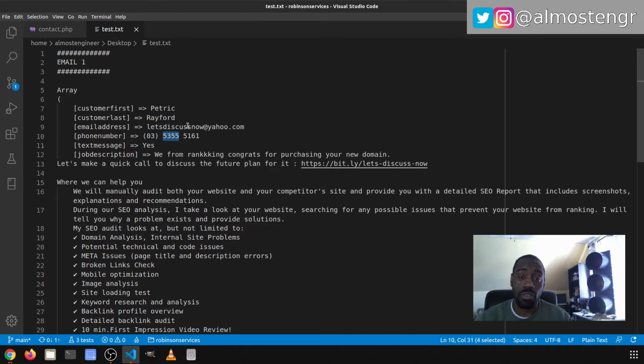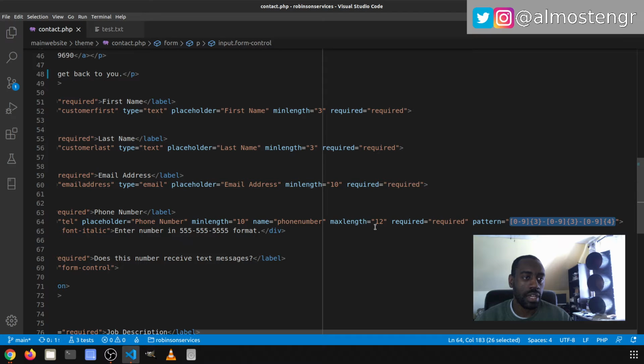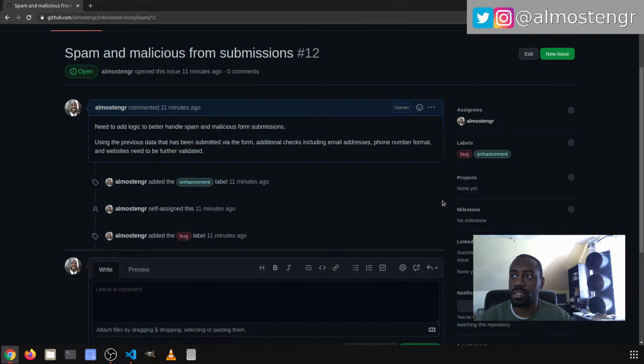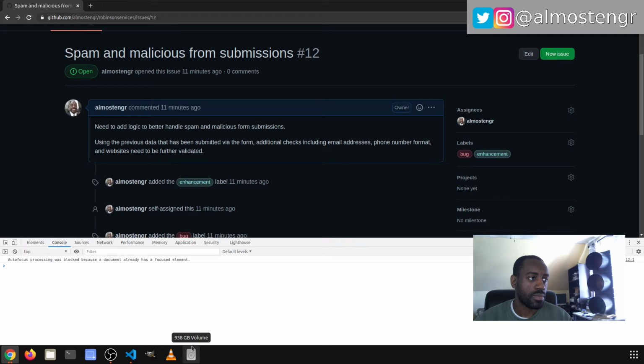It is still, overall, 10 digits, but it's not the correct set. So what he did, I believe he went into DevTools, because you can pull this up there. So when you go to your browser, let me do that real quick. If you go into your browser and hit F12,